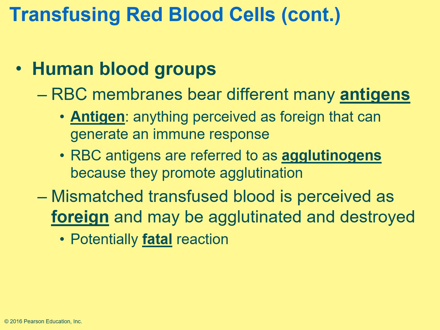So if I were to receive the wrong blood type, my body may see those antigens as a foreign substance and attack and destroy them. That's what your immune response normally does. That's what it's supposed to do as a protective thing. However, in this case,